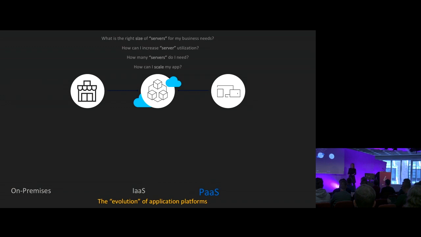But still, we have to figure out how much our application needs to scale. So we have to make sure that we configure those settings. And not only that, we also pay a monthly bill. So we pay every month a certain amount of money, even though maybe our VM or our application consumes only 20% or 10% or 0% at times within that platform.